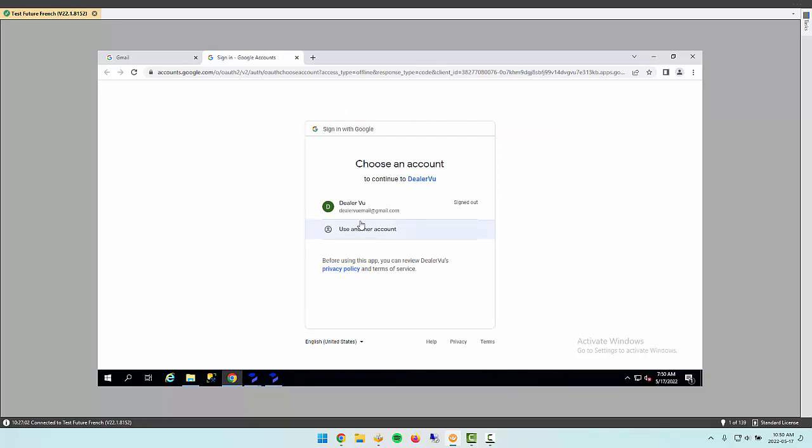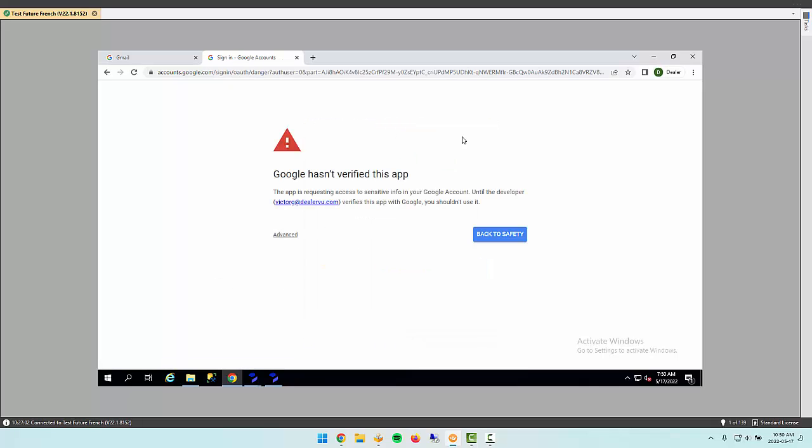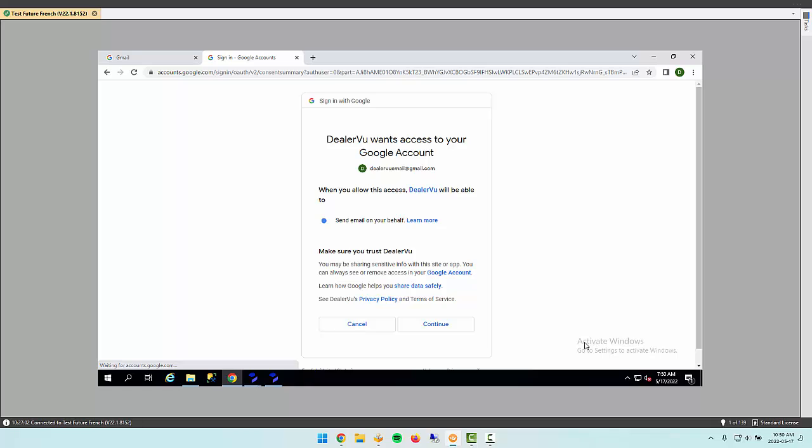This will prompt you to pick your user account and type in the password. And now because the app isn't validated yet, we're getting this warning, but if we hit advanced and go to DealerVu, you will now see the actual request for access that we are looking for. By clicking on continue,